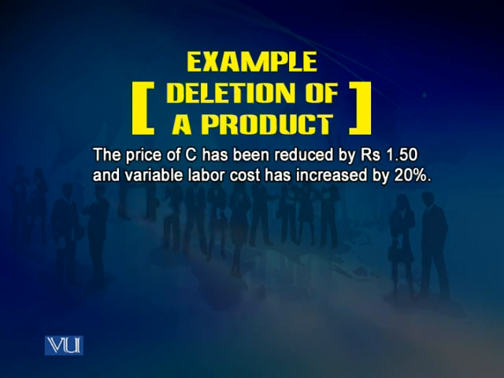The price of C has been reduced by 1.5, and variable labor cost has increased by 20%. This was the position given to us. We reduced the price of C and increased the labor cost, and the variable overhead has been increased by 20%. So on the basis of information given to us within the question, we have looked at the per